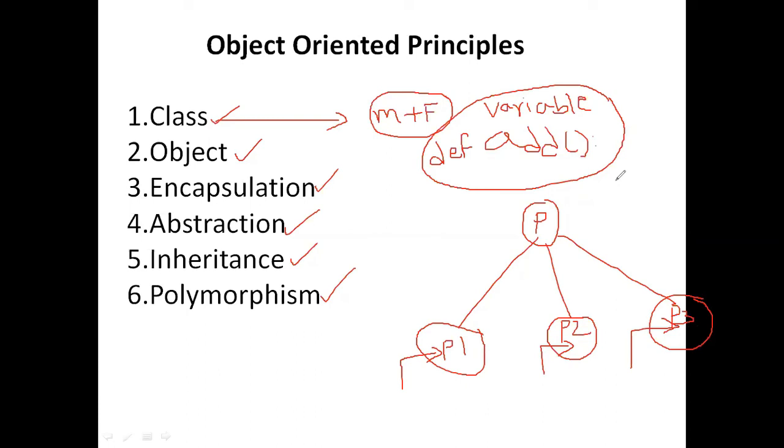Okay. So everyone understand that the function or method, both are the same. In our previous classes also we discussed about functions and methods. So these two are the same. So class is a combination of members and functions, members and methods. Okay. So now what is an object?